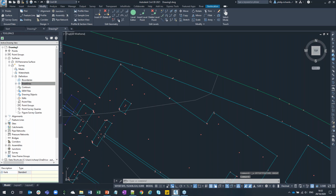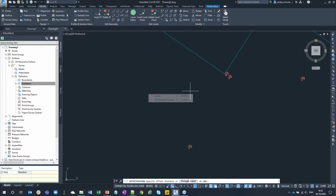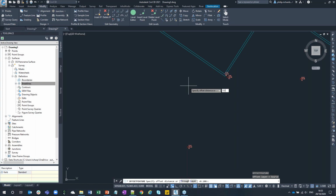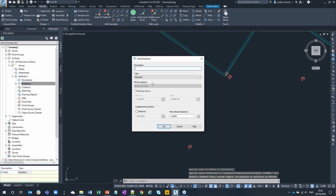Right. Offset through 0.1. Select the side at 0. Okay. Offset at 0.01 is what I meant to do. Select the side and make it minus 0.1. Right, okay, now when I add that as a break line,